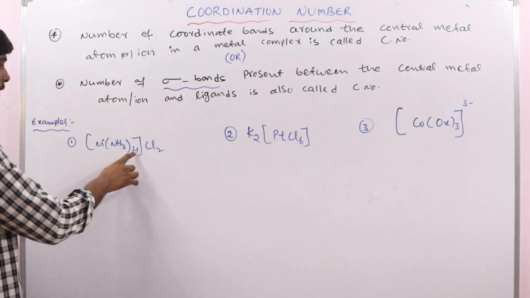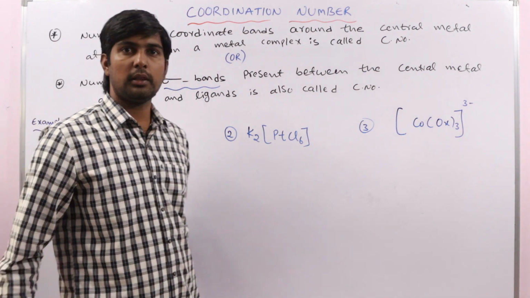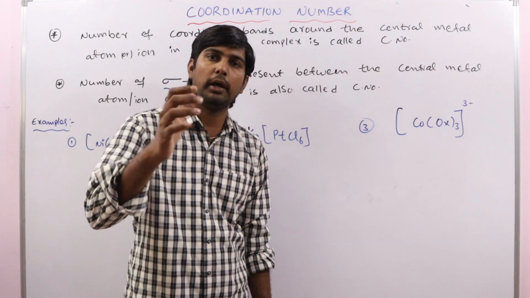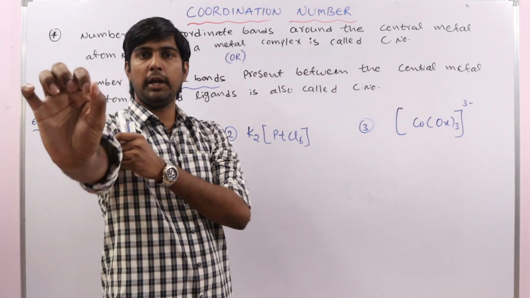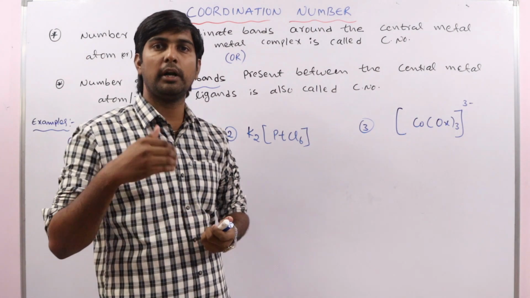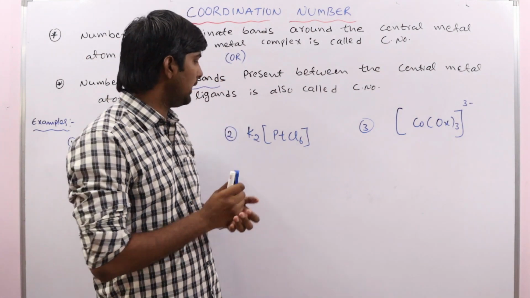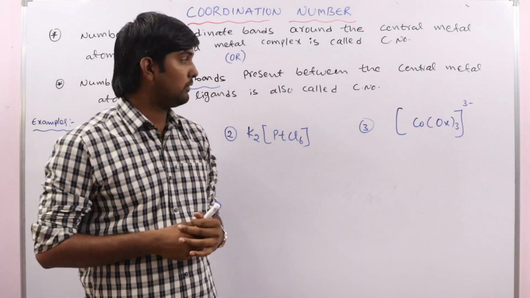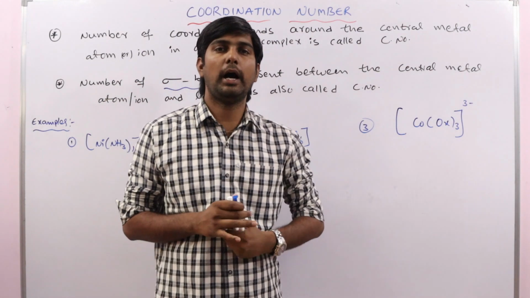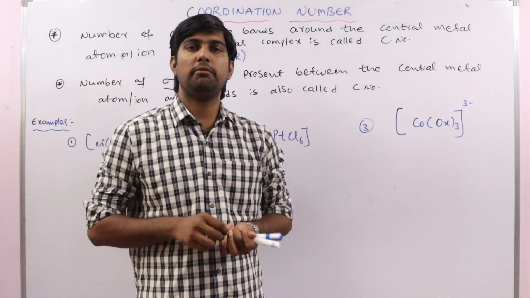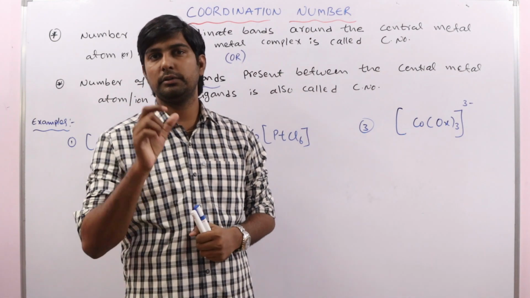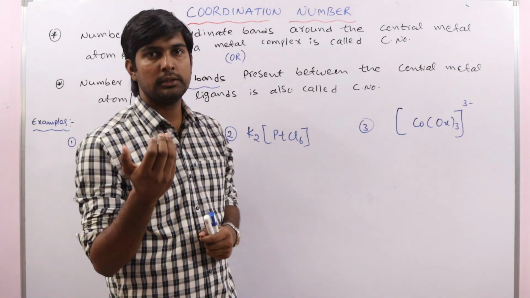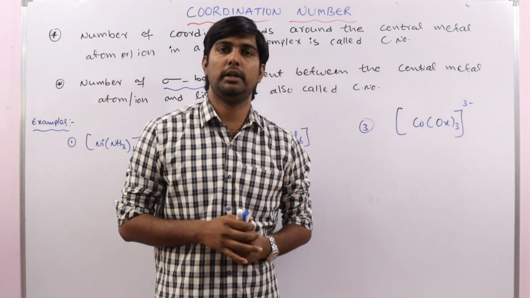So here, you must know whether the ligand is monodentate, bidentate, tridentate, or tetra-, penta-, hexadentate. Without identifying which type of ligand it is, meaning its denticity, we cannot calculate coordination number. That's why I told you that you must know the ligands: what is its denticity, what is the charge, everything is essential. So you must be perfect with the classification of ligands, based on the charge and based on the denticity, which we already discussed.